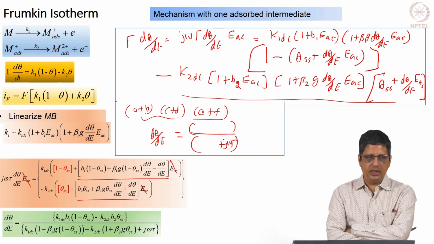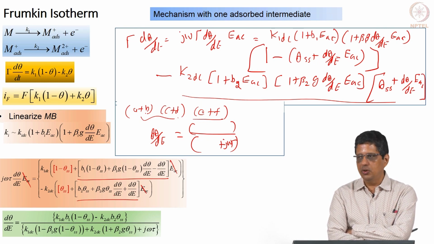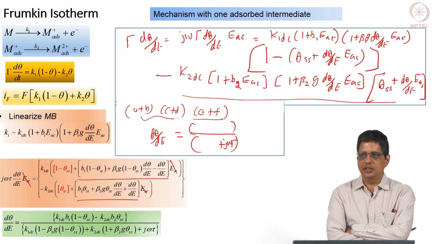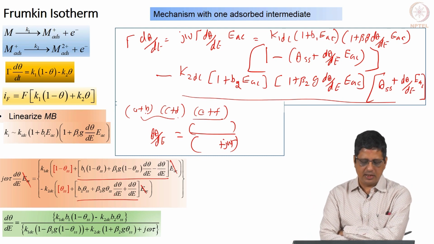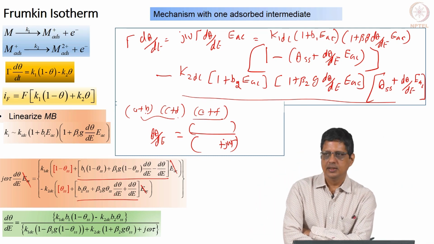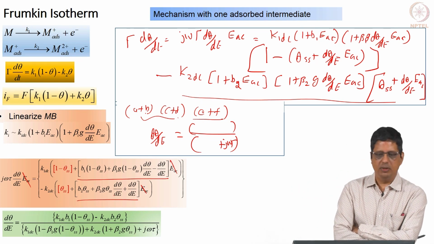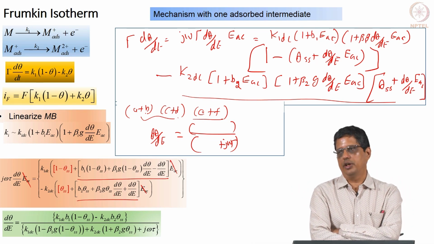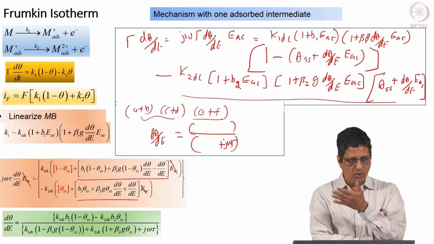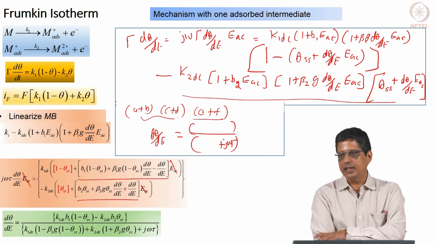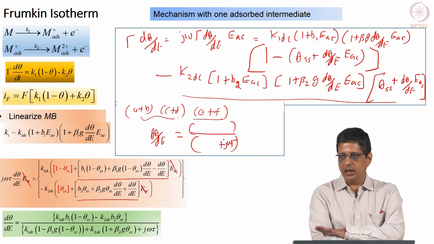And one way to check that the expression you got is okay is to set the value of g to 0. If g is set to 0, it has to be the Langmuir isotherm result, or if you set beta 1 and beta 2 to 0, it should go to the Langmuir isotherm result. Main point here is it may be lengthy, but it is quite doable. It is not very difficult in terms of how complex the problem is. It has many terms, but as long as you have enough time to go through it and verify it, it is fairly straightforward. You have to do it slowly and with care, that is all.